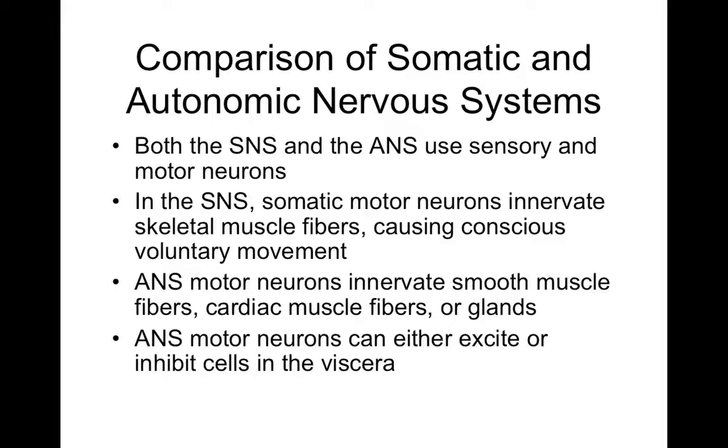So this is how your heart rate could be regulated in the sense that you can maybe excite your heart to speed up, or you can actually have neurons that cause your heart to slow down. So that you actually have it on both sides, which means that it's more tightly regulated, and it makes sense from the standpoint of homeostasis, keeping your body alive. You want it to be more regulatable.